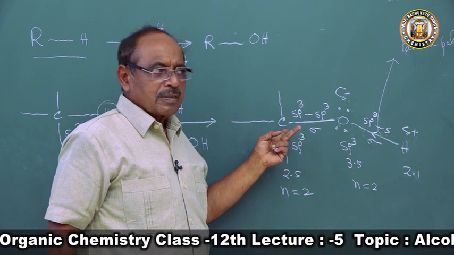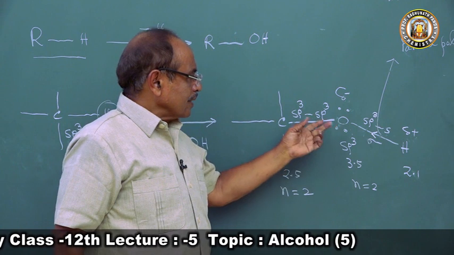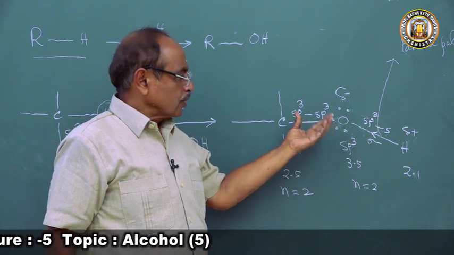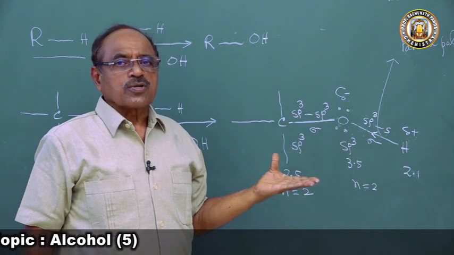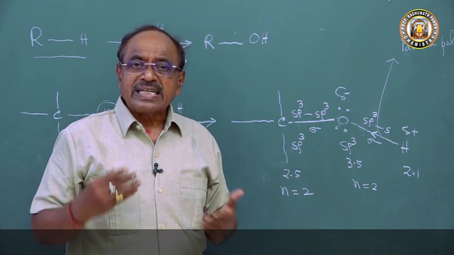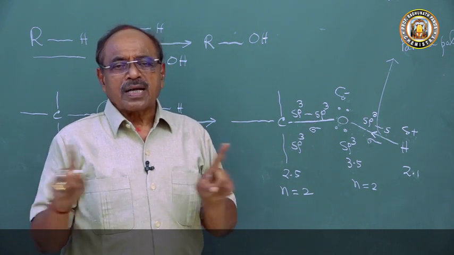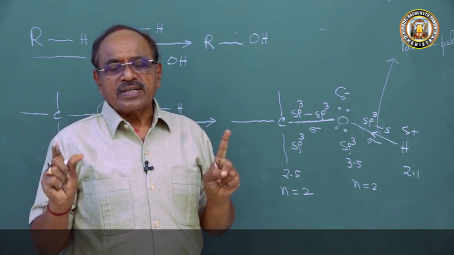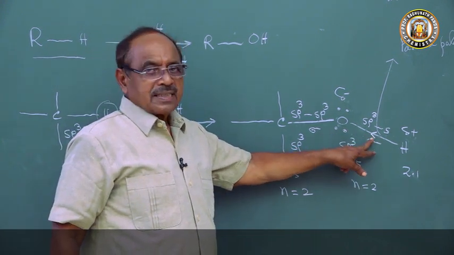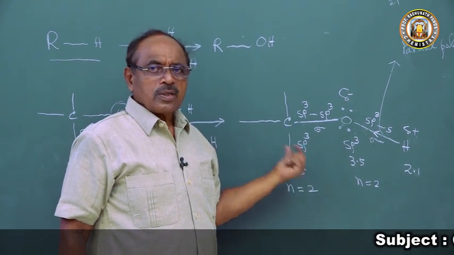The carbon has principal quantum number 2 and oxygen has principal quantum number 2, and the sp3 hybrid orbital of carbon and the sp3 hybrid orbital of oxygen bond. So this bond is a very, very strong bond. This bond is very strong and will not cleave easily. It is very difficult to break the bond. So this carbon-oxygen covalent bond is a very strong covalent bond. So it has the least tendency to undergo cleavage.